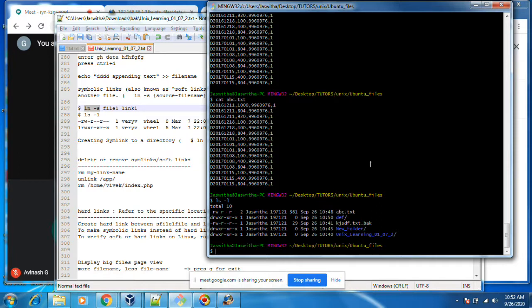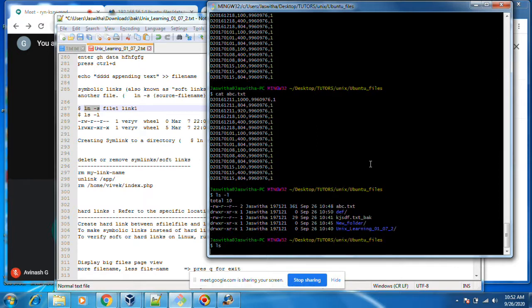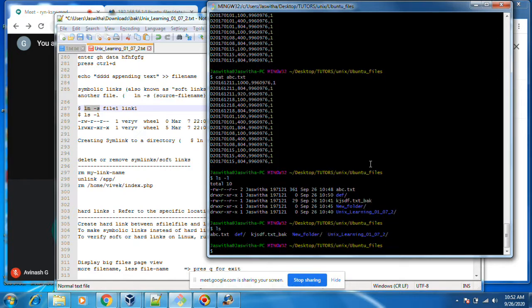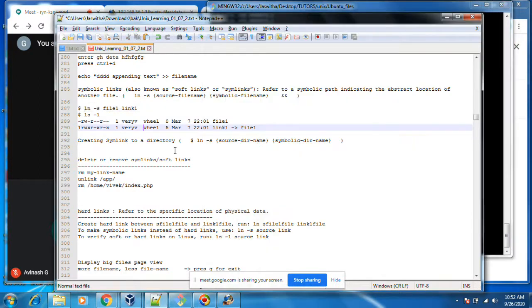we are in the Ubuntu files. It should come like this. Why didn't it come?